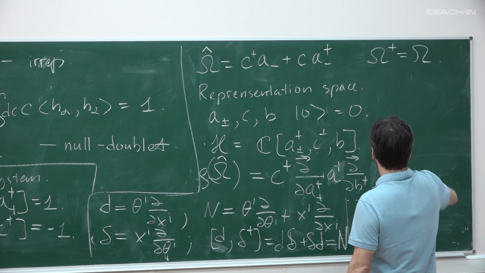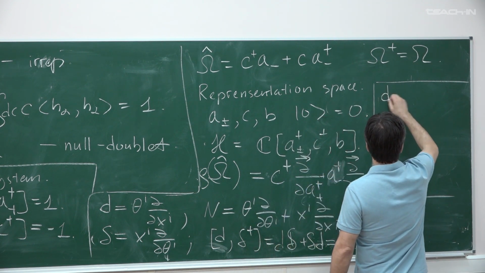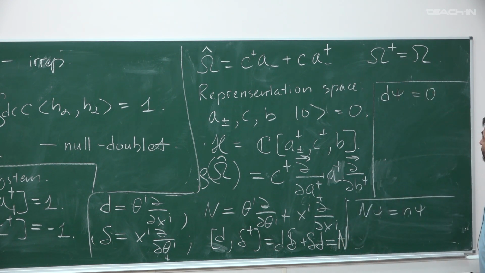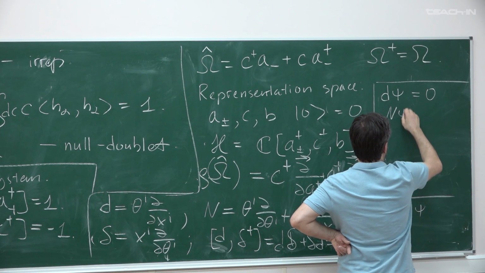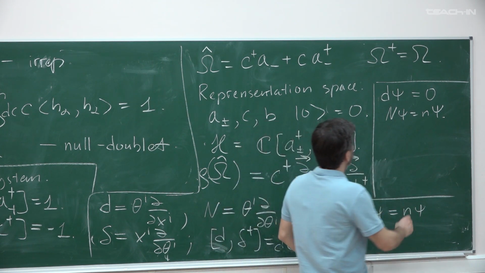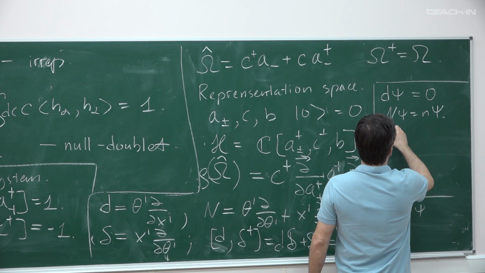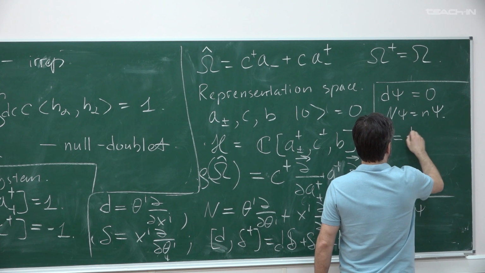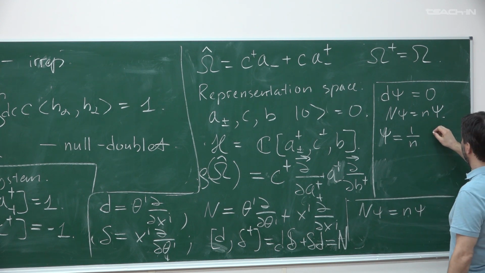Okay. Then, having understood this, suppose that we have a cocycle, so d acting on the element psi equals 0. Then we can do the following trick. Suppose that n on psi is n psi, so it belongs to an eigenspace with eigenvalue n of this counting operator. Then we can write psi equals 1 over n, assuming that n is non-zero, and then we can write